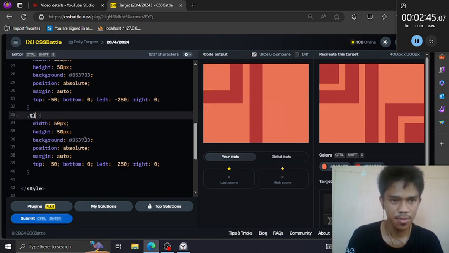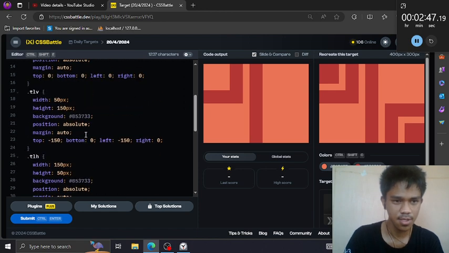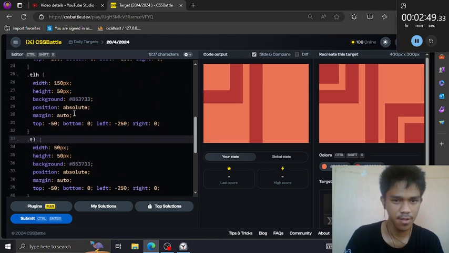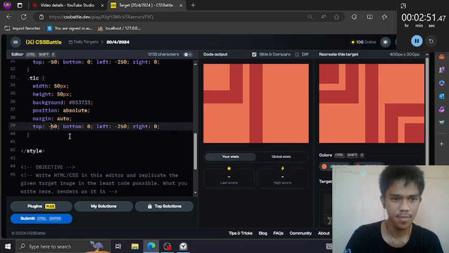And rename this to top left. What's the name? This TLC, top left corner. And then put this on the top left corner, so this must be pushed 200 pixels, and this is 200.